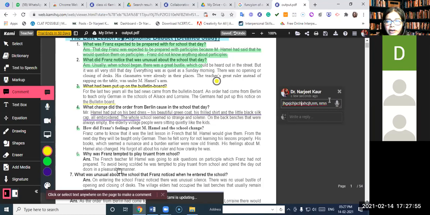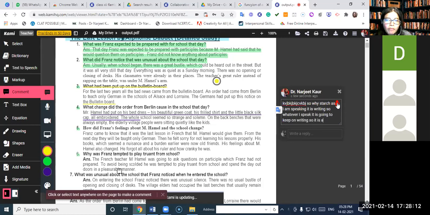So I can go here. I can write whatever I want to write as my comment. And one option is giving voice typing also. So I start, as I'm speaking, it is writing. So whatever I speak, it is going to keep on writing. So it is a big help for the teachers who want to give a long comment on, okay, this answer wasn't very good, or the grammar was wrong, or the expression wasn't very fair.